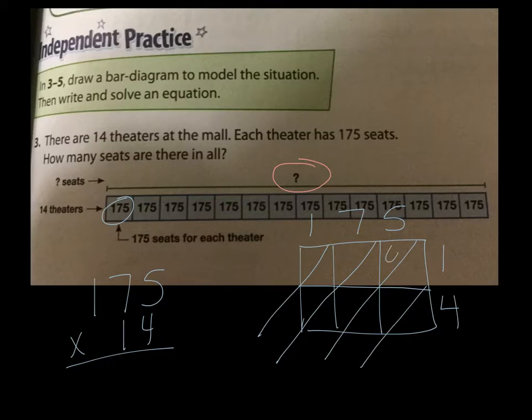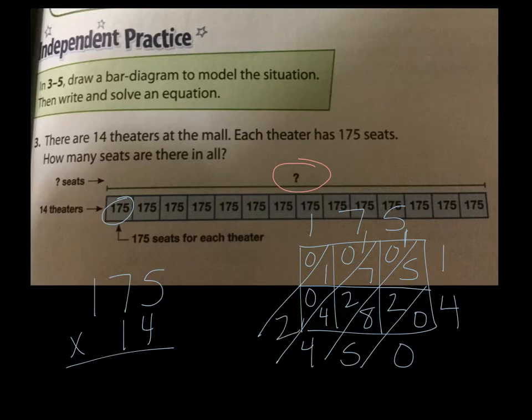5 times 1 is 5. 7 times 1 is 7. 1 times 1 is 1. 1 times 4 is 4. 7 times 4 is 28. And 5 times 4 is 20. Add them up. Remember to carry your 1. 14. Carry my 1 again. And 2. Our answer would be